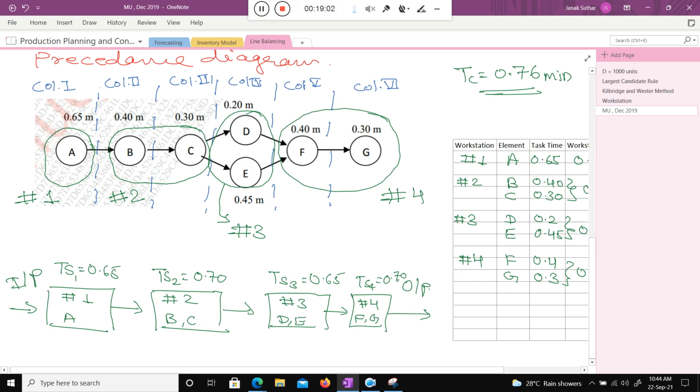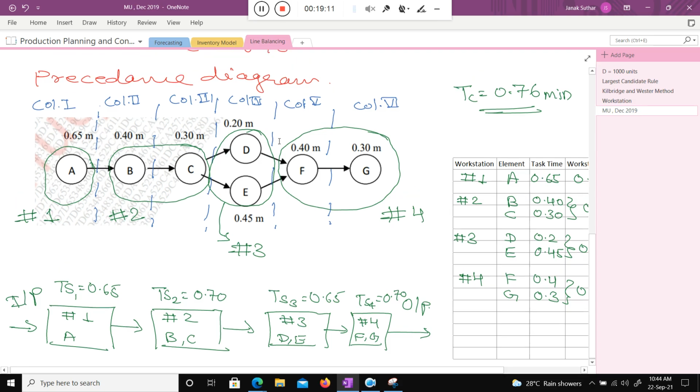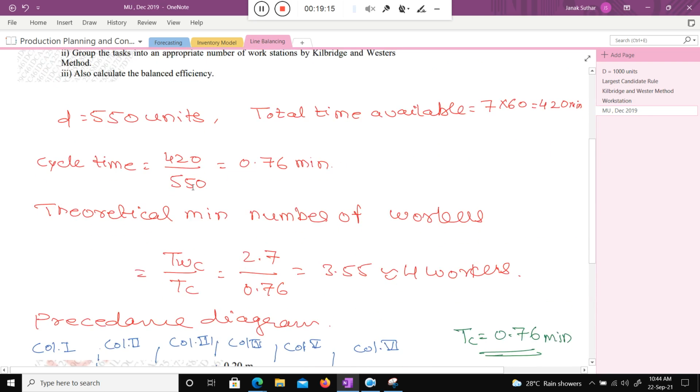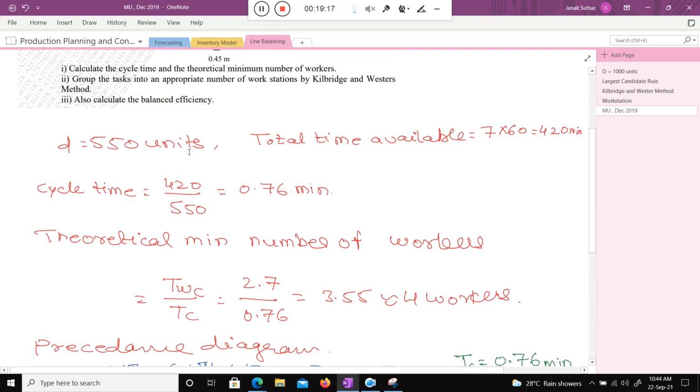Theoretically, the cycle time required as per the demand is 0.76, because it was given that I need 550 units per day and the time available in the plant is 7 hours. So you need to complete every product in 0.76 minute.